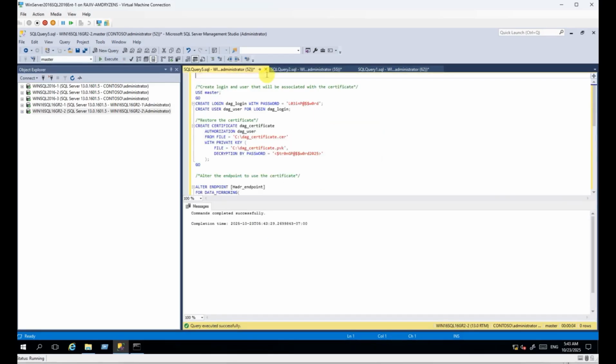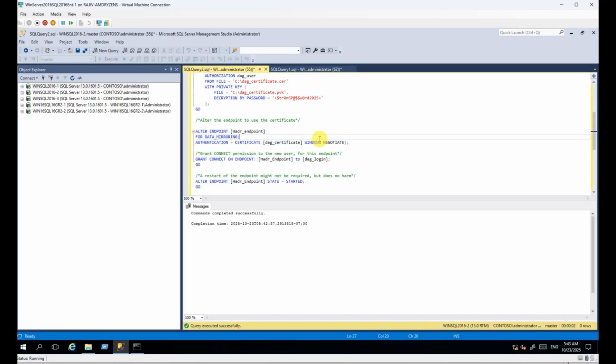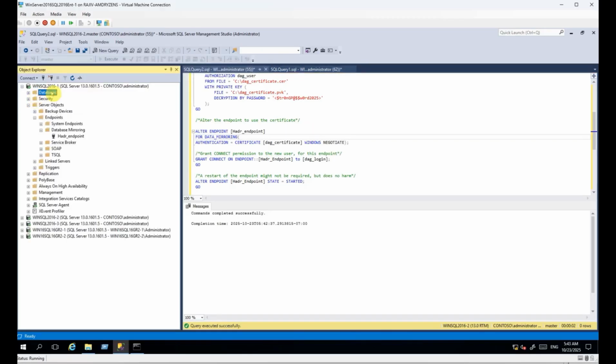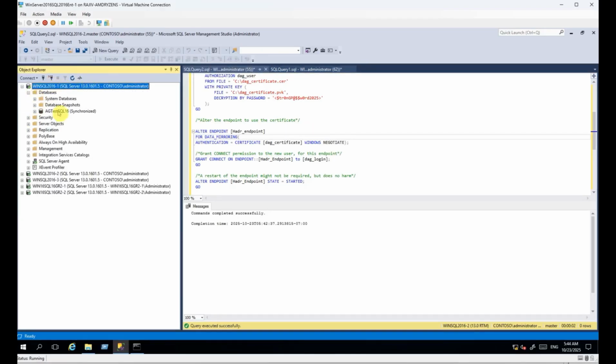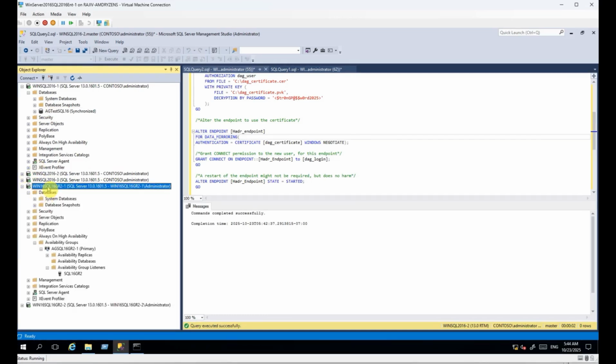Yeah, cool. So we have created the certificate and login on all the servers I have, and altered the endpoint to use the certificate to authenticate, and restarted the endpoints. So that's what we have done so far. We have, refresh this, we have a database called AG test SQL 16, right? And I have this database over here as well because it's part of the availability group, but we don't have this